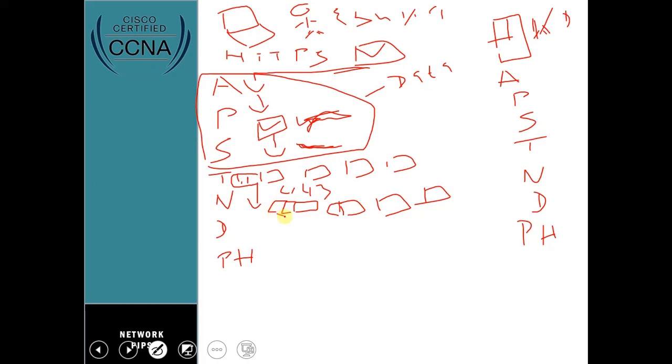It's going to add the source and destination IP on these packets, to determine where to forward them. Immediately it leaves the network layer and comes down to the data link layer. The data link layer is going to convert these packets to what they call frames. These frames now have your source and destination